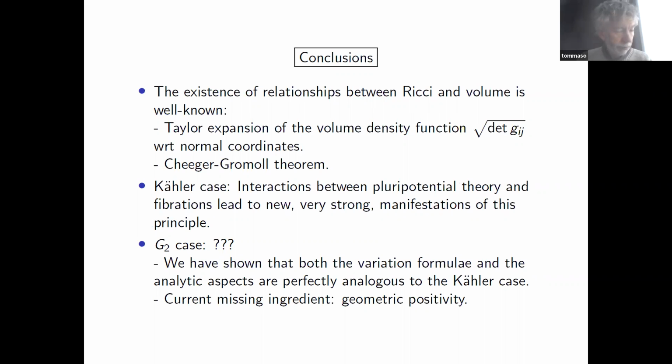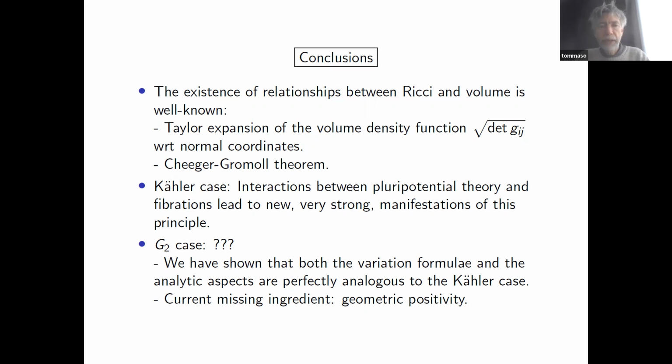First of all, throughout the seminar, I've compared Ricci curvature and volume. And it is important to realize that this is a very classical problem. More generally, the problem is to provide a geometric interpretation to the various types of curvature that people use in Riemannian geometry. And it turns out that Ricci curvature is classically relatable to the volume.